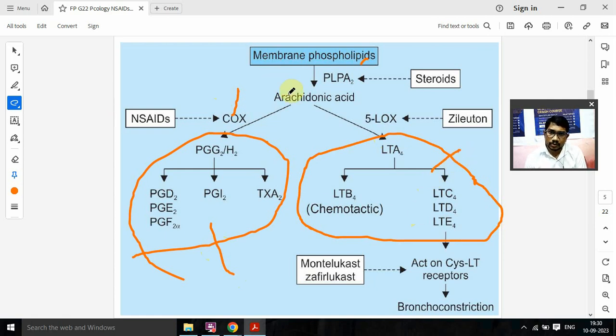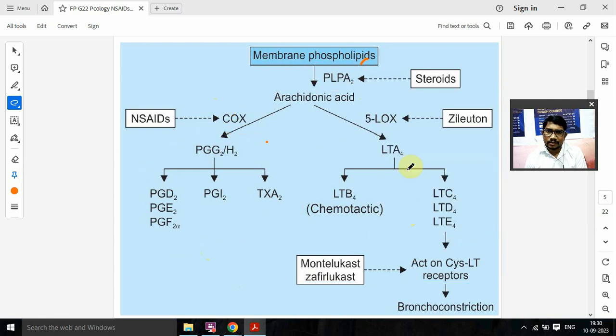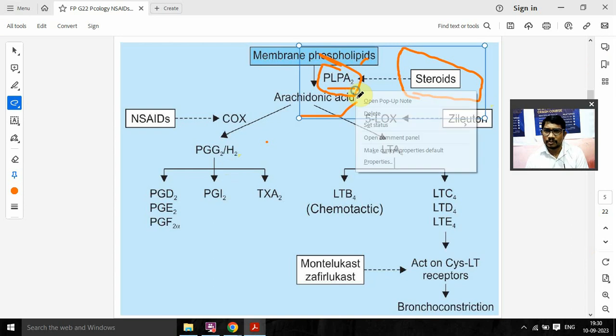Okay? So पहला देखो, first enzyme कौन सा है, phospholipase A2. So phospholipase A2 क्या करता है, it will break down these phospholipids and convert them into arachidonic acid. That is blocked by these steroids. So steroidal anti-inflammatory drugs होते हैं. So for example, triamcinolone, prednisolone, betamethasone, dexamethasone. Okay. So जो steroids होते हैं, they block this phospholipase A2.